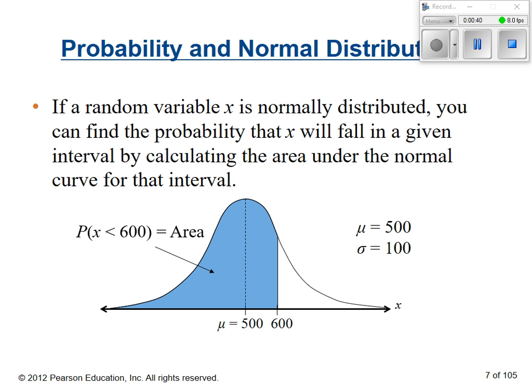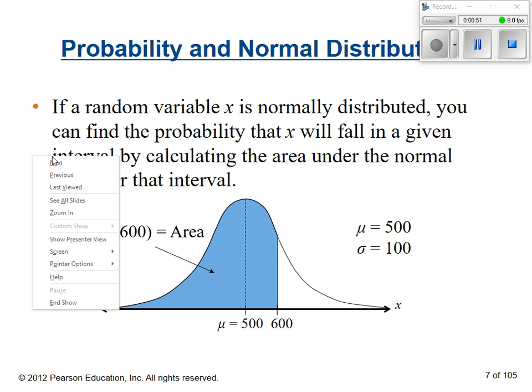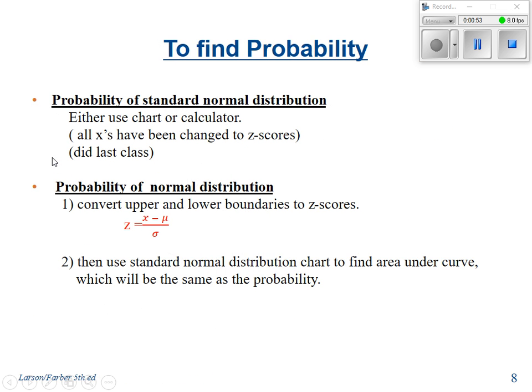So we look at this, we want to find the area, that blue area there. We can find that, that's what we were just doing, but we were using z-scores. This I probably would write down. Probability of a standard normal distribution. The way we're going to find the probability of a standard normal distribution is either use the chart that I